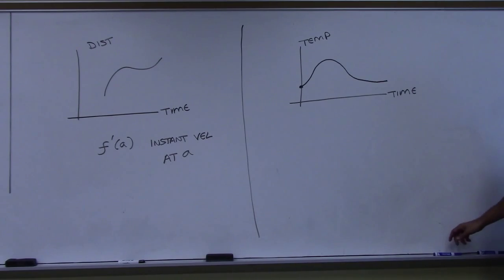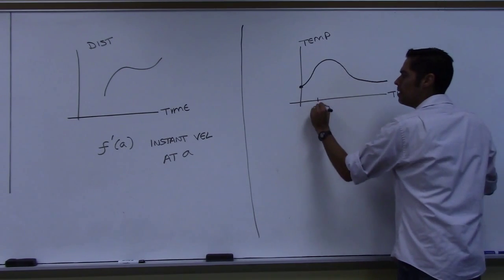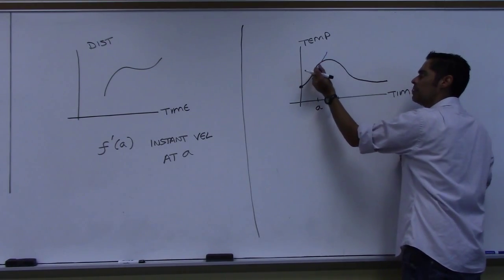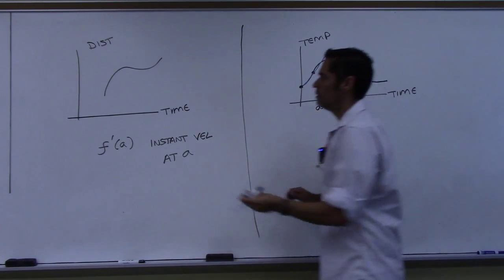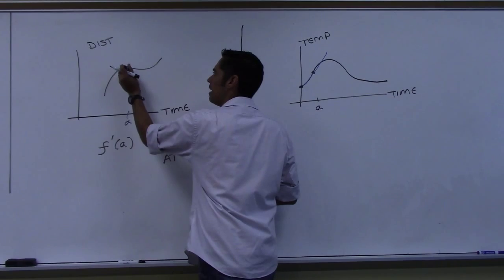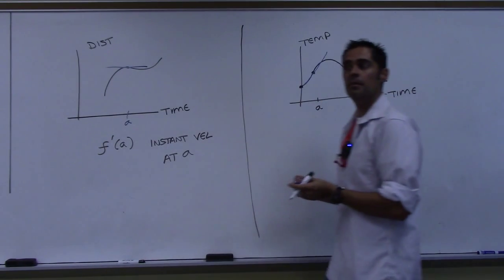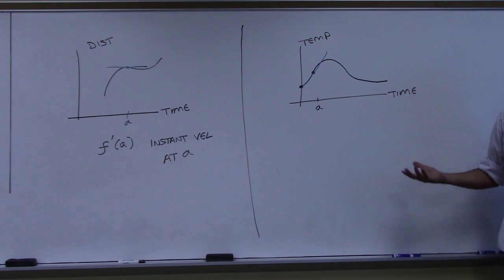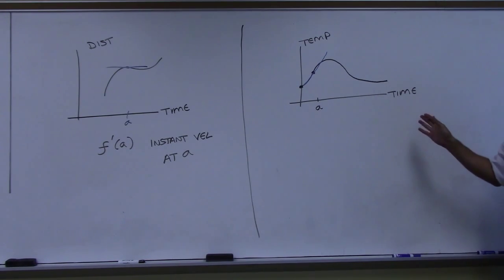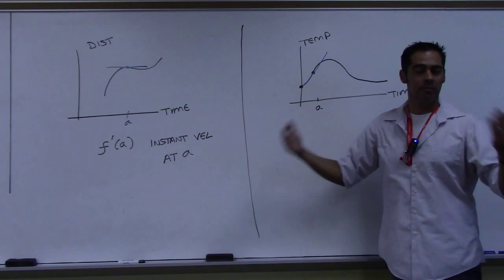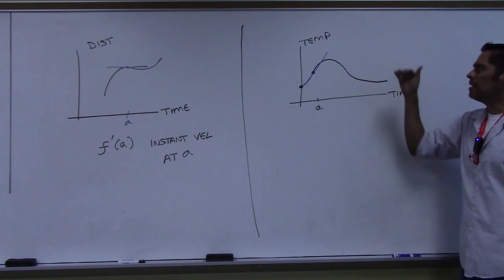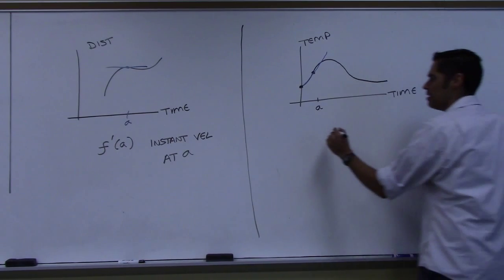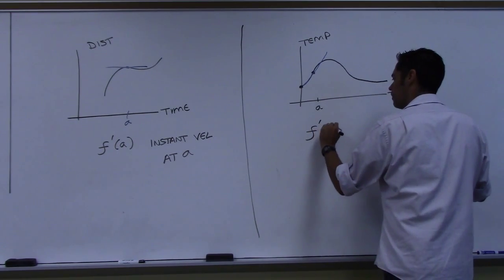Then what would the derivative at a represent here? It's not velocity anymore, right? Over here it was the speed at exactly that point. It would give you the speed. But here it's not velocity anymore, it's what? We don't really have a name. Distance over time is velocity, but do we have something that represents temperature over time? No, so we would just say that this f prime of a here